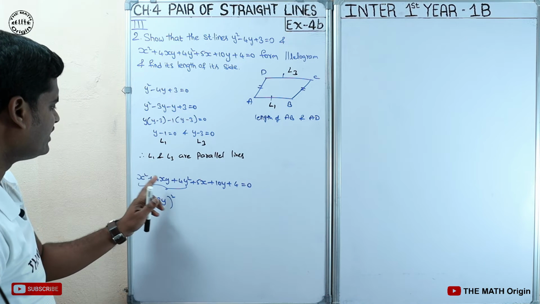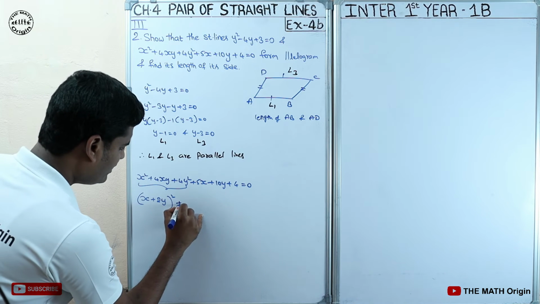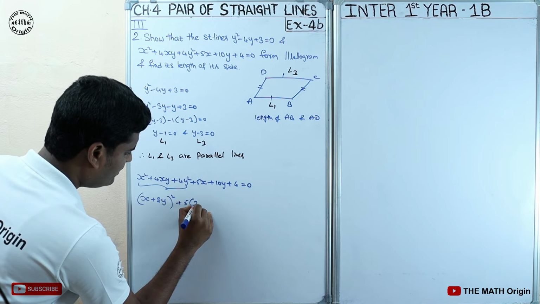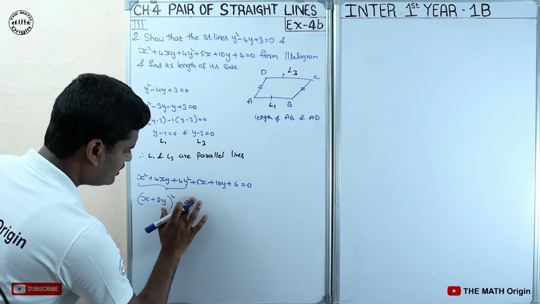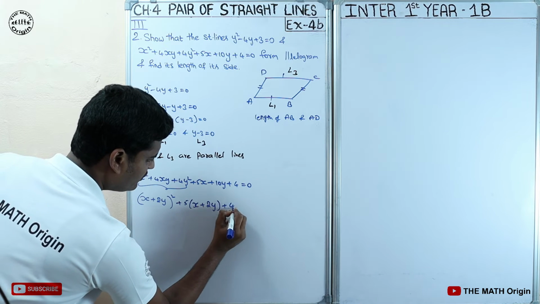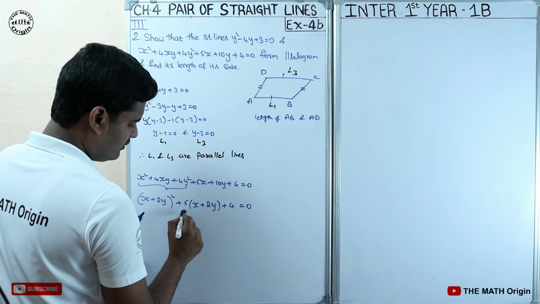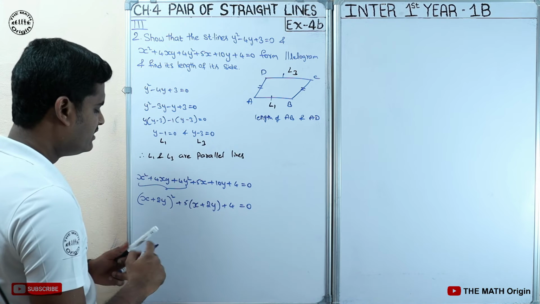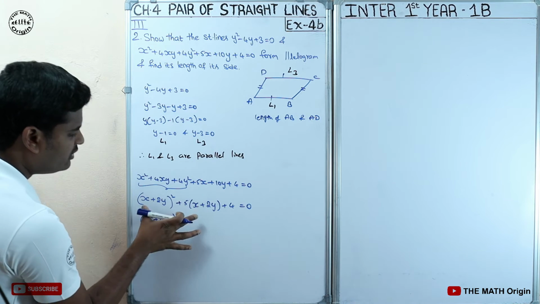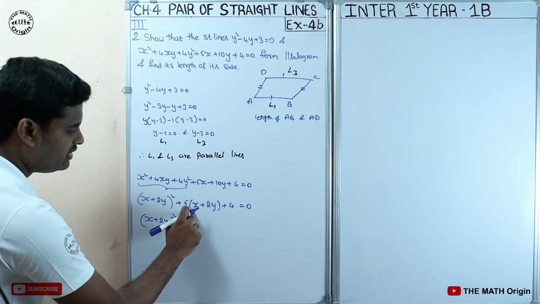Directly it is like (x + 2y) whole square, which is 4xy. Yeah, that's fine. Then from this also, if you take 5 as common, it will be x + 2y + 4 equals 0. Now if you see, this is x square plus bx plus c. So from this I will do (x + 2y) whole square plus, what I will do, the product of these two values is 4(x + 2y) whole square and the middle value is 5(x + 2y).